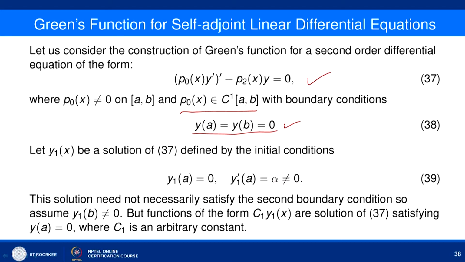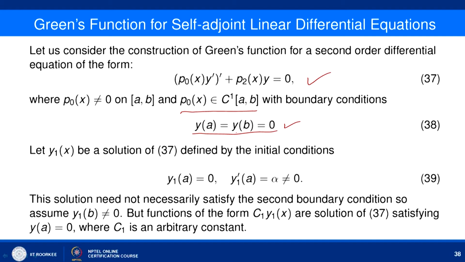So, this solution need not necessarily satisfy the second boundary condition, that is, here y1(b) may not be 0. But if y1(b) is equal to 0, then we have already solved our homogeneous problem, and we need not consider anything more. Here it may not always be possible to have a solution for which y1(b) is not equal to 0,